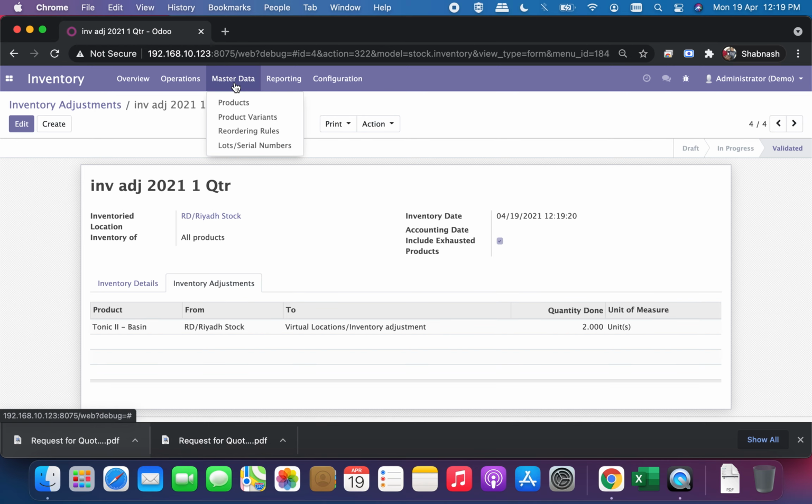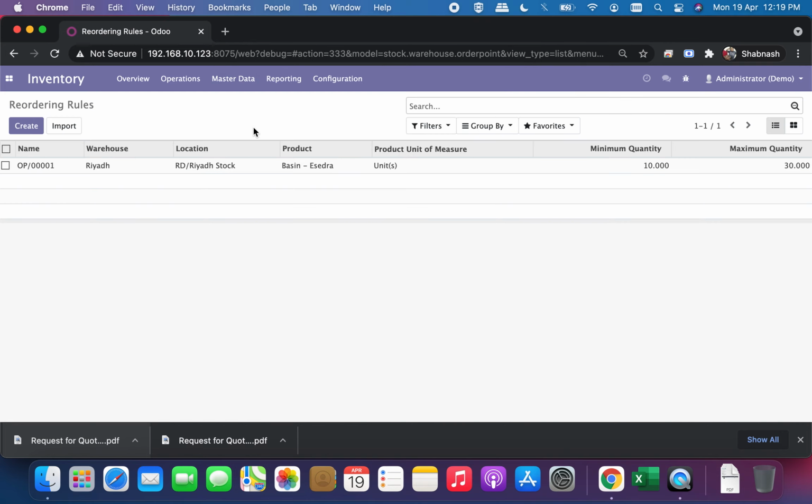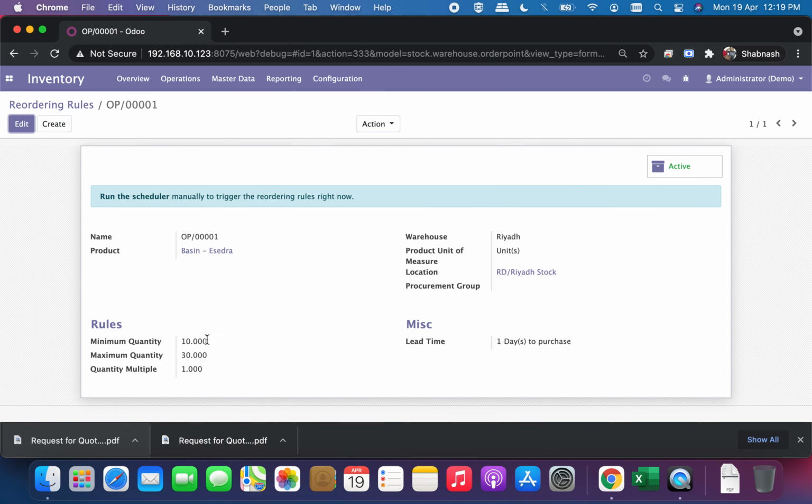You also have functionalities like reordering levels. If you have certain products which you always need, you can say that if this product's minimum quantity is 10, automatically create an RFQ or a purchase order to bring it to 30, so that you will not run out of these products.